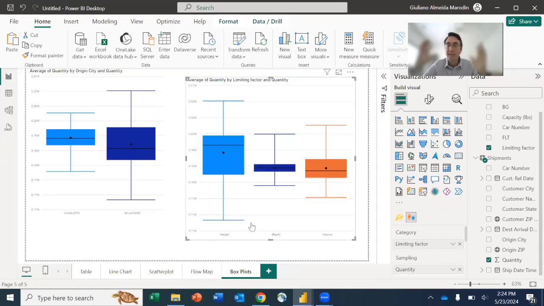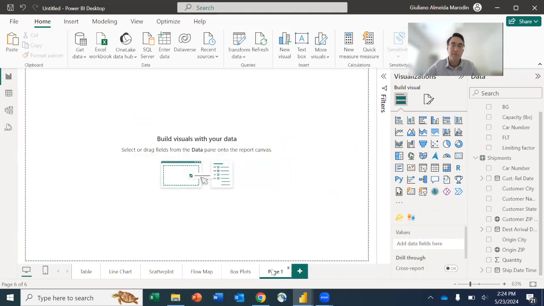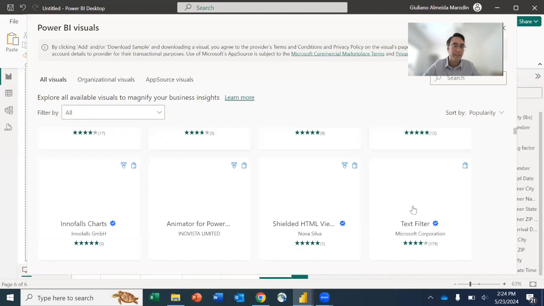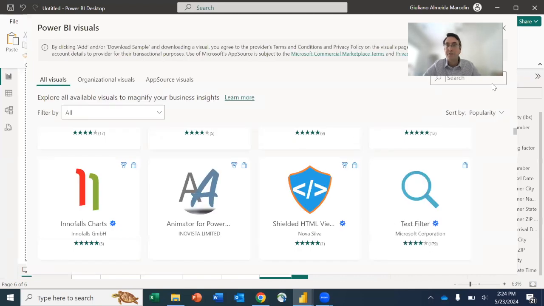Okay, see how many amazing things we've done so far, right? And we're just starting. Okay, so let's create another one. Now this one is a histogram. There's no histograms here on the initial ones. You have to get it. So let's get that histogram,